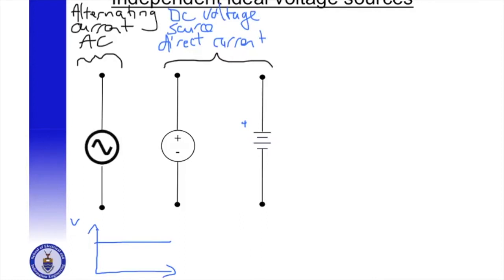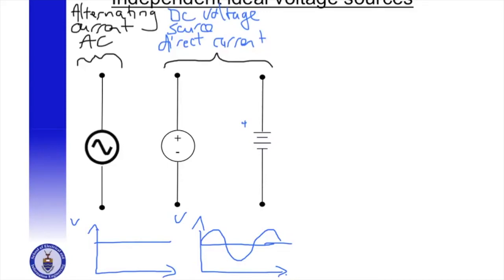And if we plot it against current, it will produce a constant voltage irrespective of how much current is drawn by the circuit. And of course, if it's an AC source, it will produce a constant sine wave irrespective of what is connected to it. But that brings me to some more important